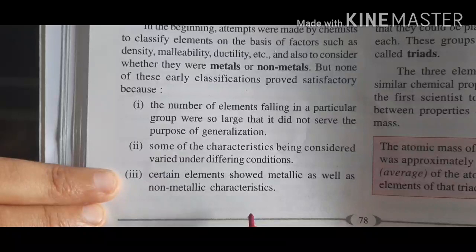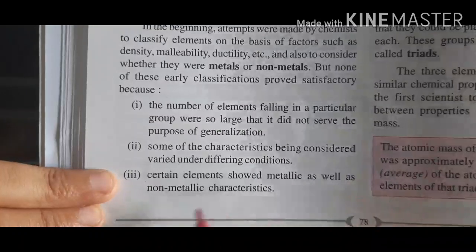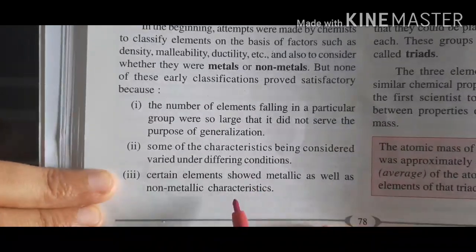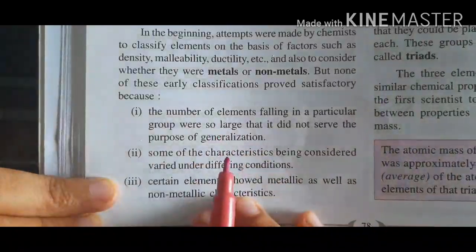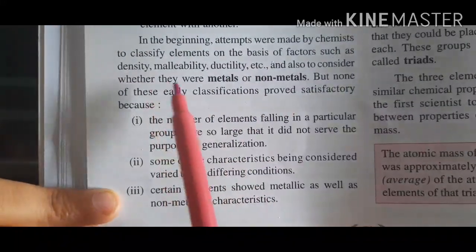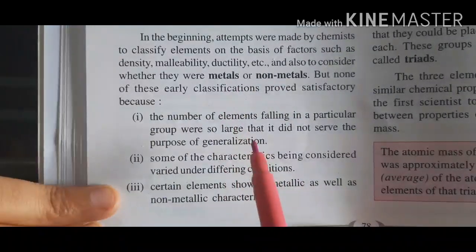Nowadays we know that there are a few metalloids which behave sometimes as metals and sometimes as non-metals. So that characteristic is not fulfilled in certain conditions. So these are the reasons that metal, non-metal, density, malleability, ductility, these properties are not considered for the classification